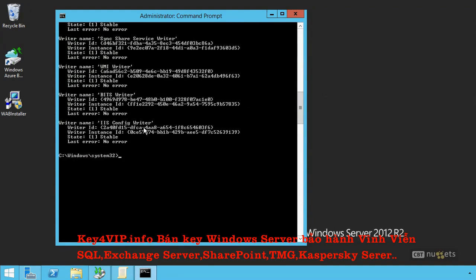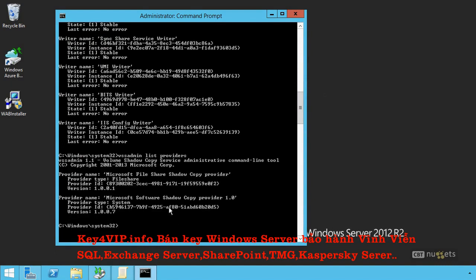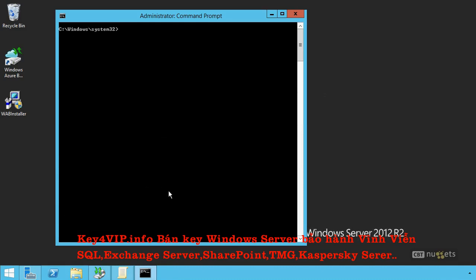If I had Exchange on here, I would see that. If I had Active Directory, I would see that. I can do VSS admin list providers as well if I want to see which providers are there. Now, the other thing that you can use VSS Admin for, and in fact, the original reason why VSS Admin